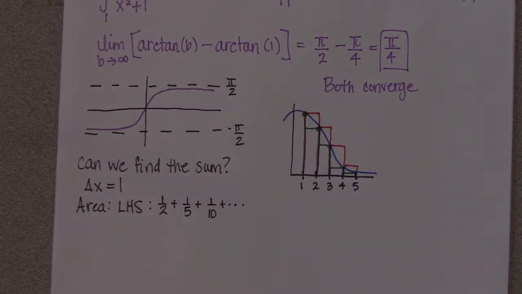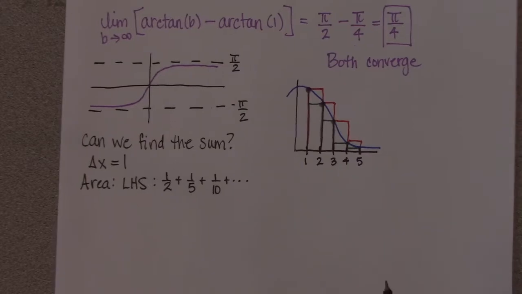And all I'm doing there is adding up the heights of those rectangles. The reason I don't have to put the width of the rectangles is that the width is just 1. So it's 1/2 times 1. It's 1/5 times 1, right? The right-hand sum